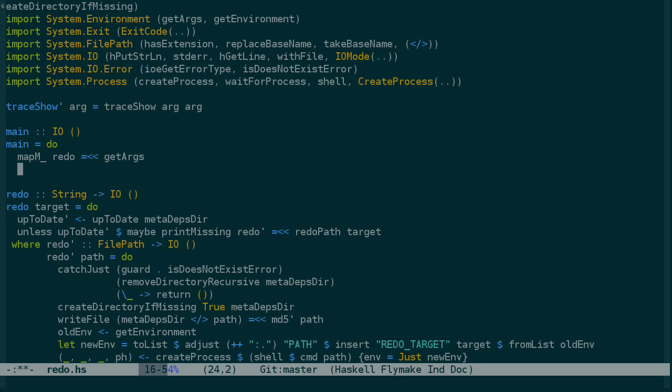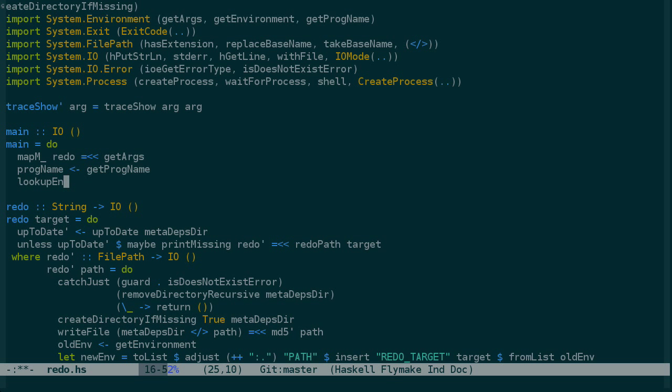So the first thing we're going to want to do is get the program name, and we can do that with getProgName from System.Environment. And we're also going to need this REDO_TARGET environment variable, which we can get with lookupEnv. And I'm not sure if that's the right name, but we'll see in a moment once I save the file and Flymake runs again. So we'll say redoTarget is lookupEnv of REDO_TARGET. Let's import it